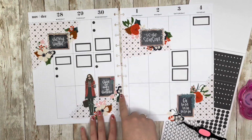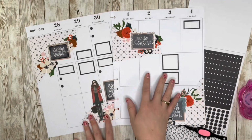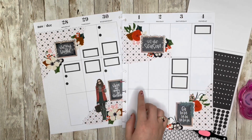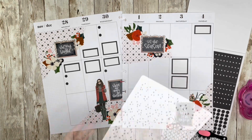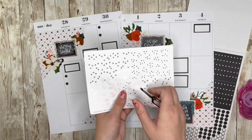I'm just going to go ahead and re-hole punch these pages so they can go back in the planner. All right, so I hole punched them. I like the way they're looking, but I feel like it could use just a little something else. I'm going to grab this sheet from LPTG Creates, and I'm going to use some of these little polka dot